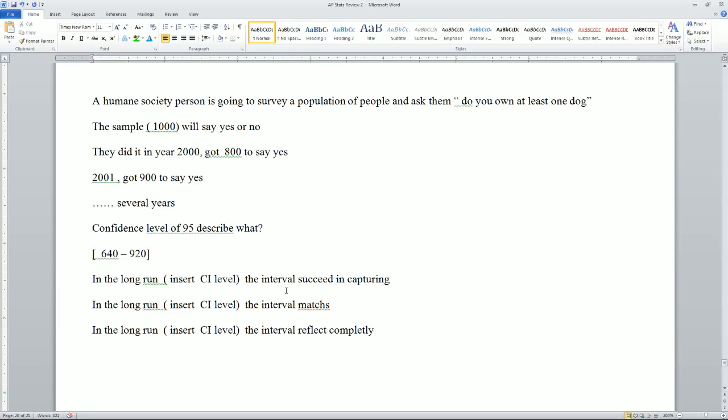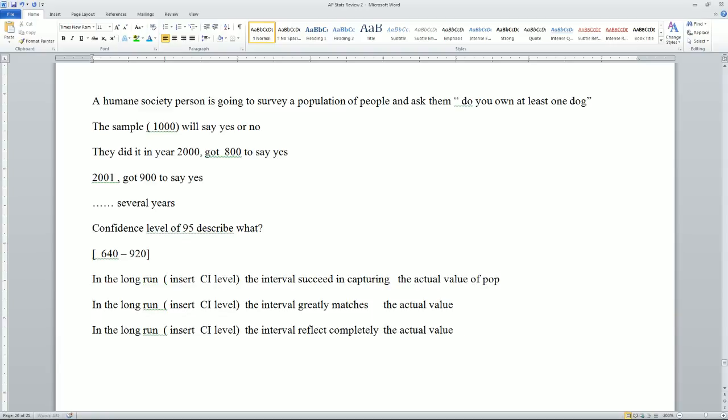You can use these words: succeeds in capturing, matches greatly, or reflects completely. Then the actual value,